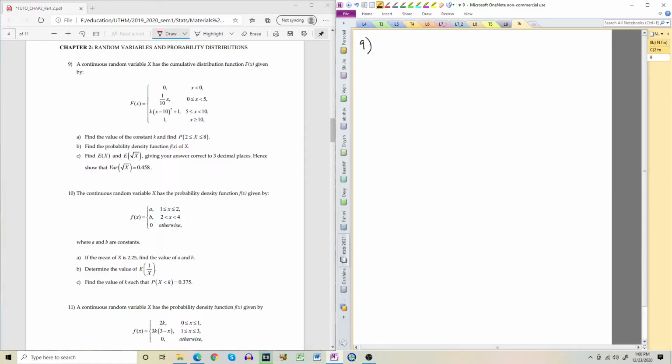So the constant k, as I told you before, in a continuous random variable, you replace this 5 inside here and the value of 5 inside here. Both values should be the same. So that is the idea. So here 1 over 10 times 5 must be equal to